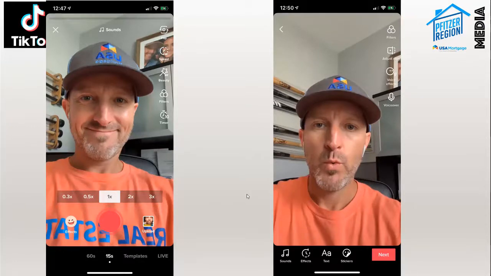So these images here, the first image on the left is what happens when you click create a video, when you hit that little plus sign. And I'm going to show you what all of these little buttons over here mean. This first one is flip, the top right, you see the arrow there. If you want to flip the camera around. I have it flipped on myself. I can flip it around and it could be facing outward. Very simple. Just know what it does.